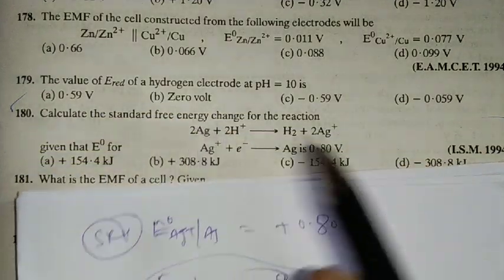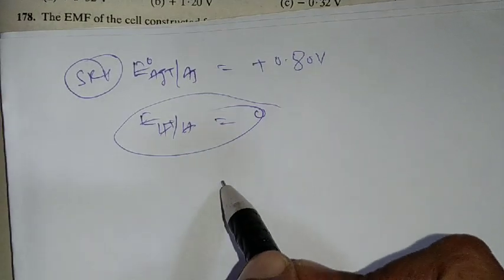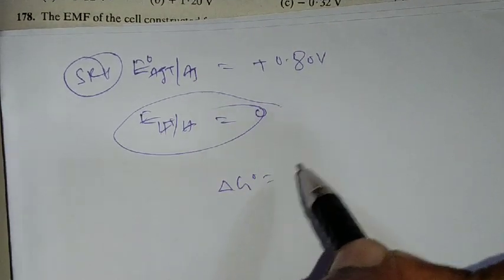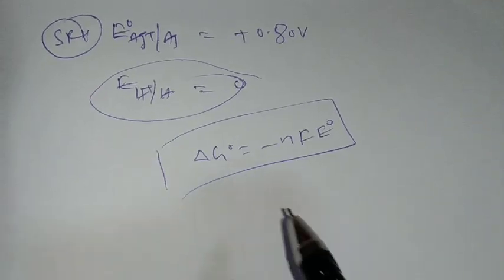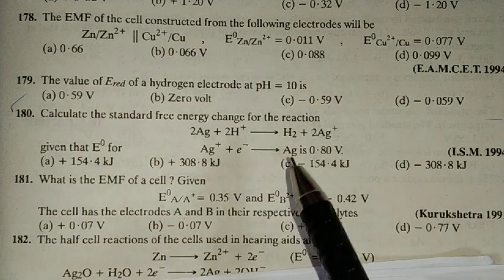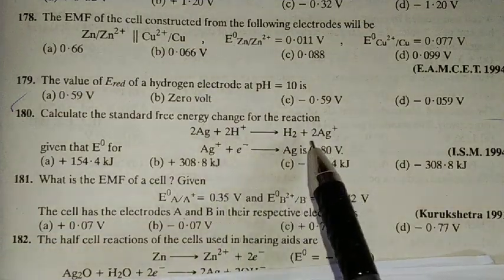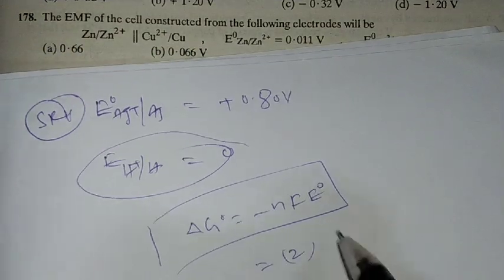What they are asking here, free energy. Free energy, what is the formula? Delta G naught equal to minus NF E naught. This is the formula. Is it okay? So N is nothing but the number of electrons involved in the equation. So in this reaction, in this cell, how many electrons are involved? 2, nothing but 2 electrons. That means 2 into F, nothing but